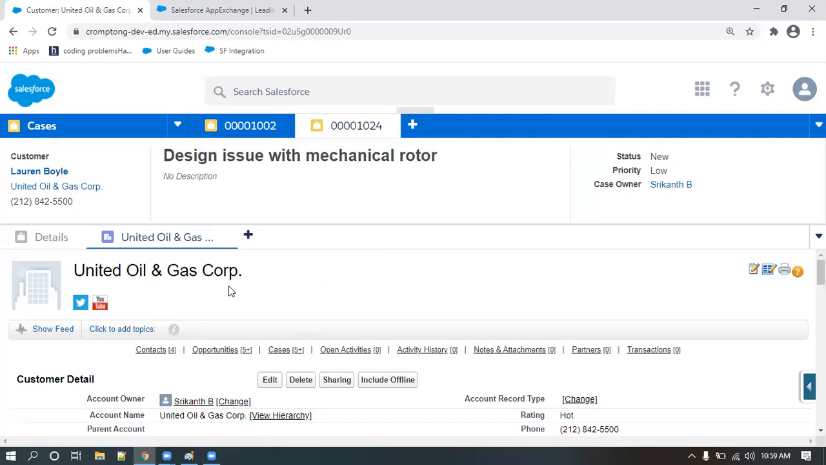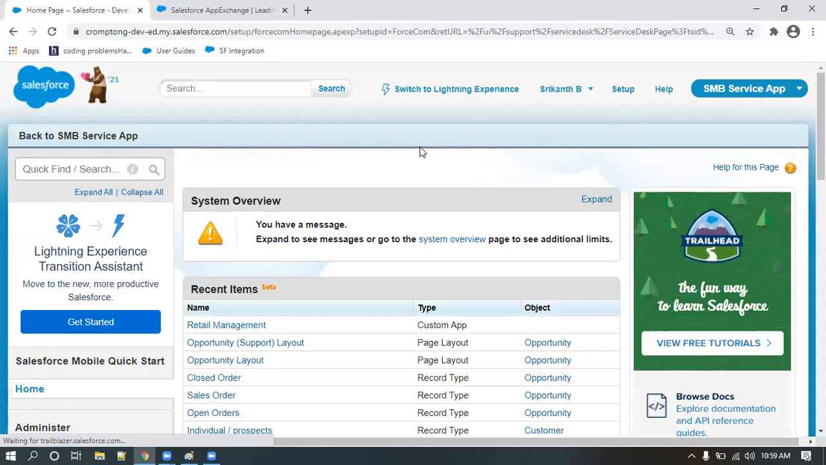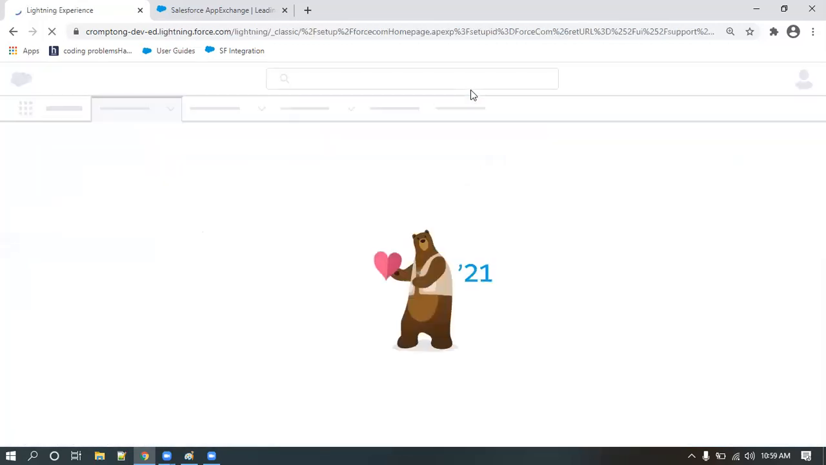So how many types of applications can we create? Two types. What are they? Even in the Lightning experience it is the same. But when it comes to the Lightning experience, Service Hub is by default Lightning. So when I go into the Lightning experience,